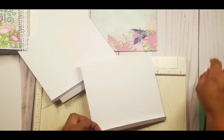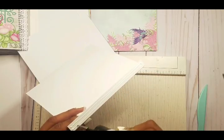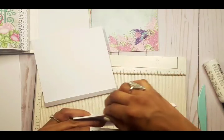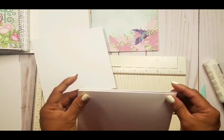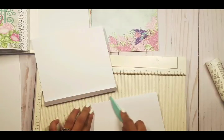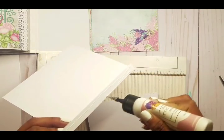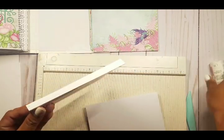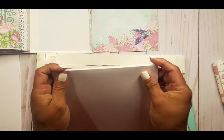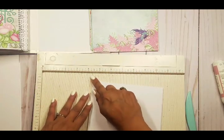1, 2, and 3, and what I'm gonna do is just layer them on top of each other. So I'm gonna add some glue, and I'm gonna fold this in and just layer right on top, just like that. And same thing on this one. Add some glue and layer right on top here. So I have 3 right on top of each other,